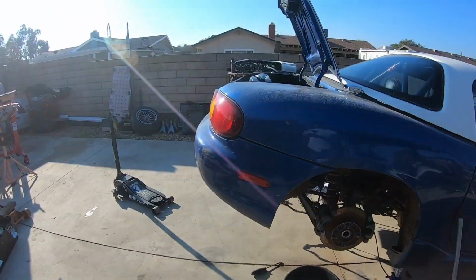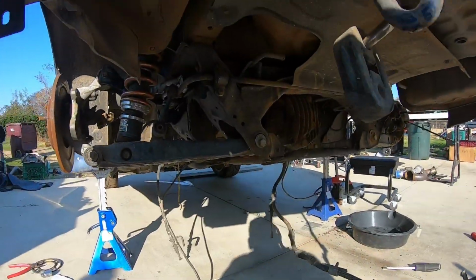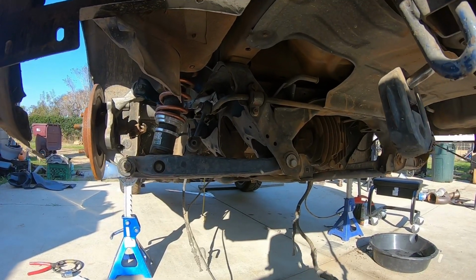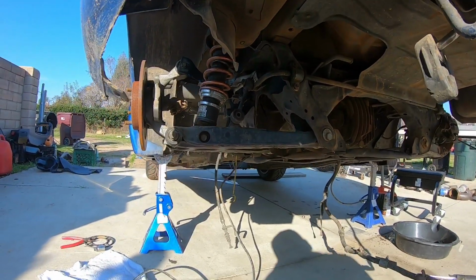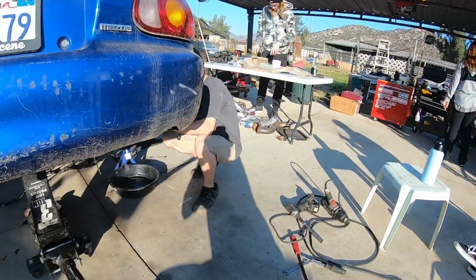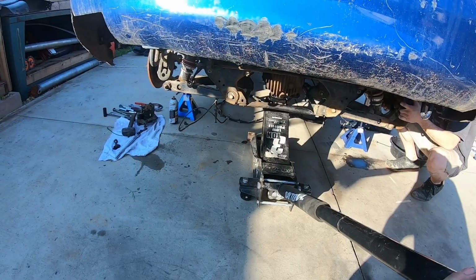I am not going to do that. I already messed up my hands. But everything else around it is off. We're going to loosen up the subframe bolts. There's about six 19mm. And then all of it should be able to come down. And then we'll start taking pieces off from there. That's going to help me balance this. Oh! Go. Wait, is...